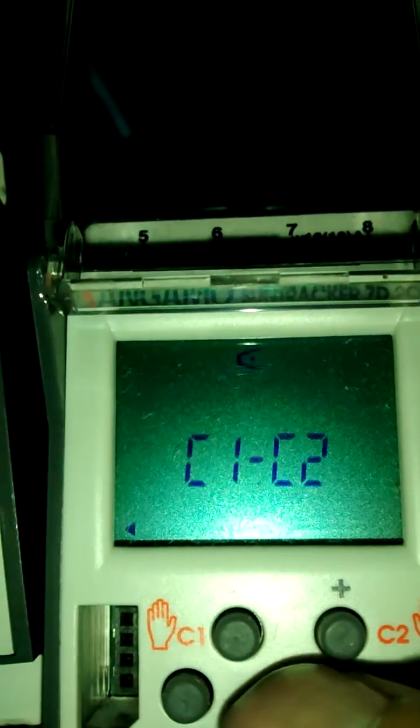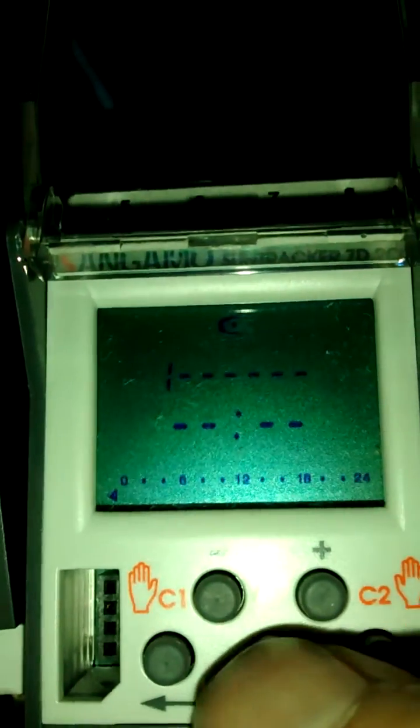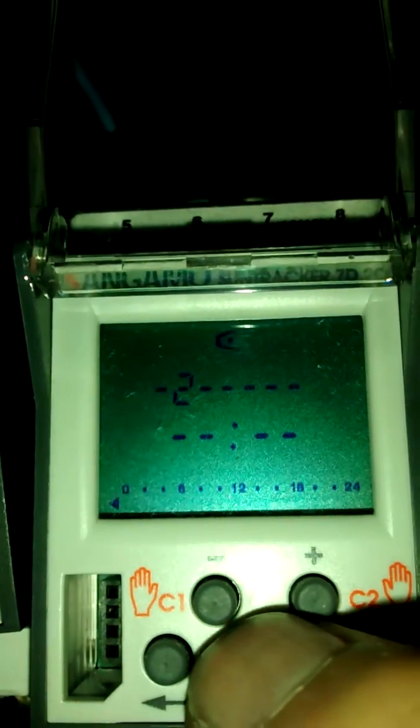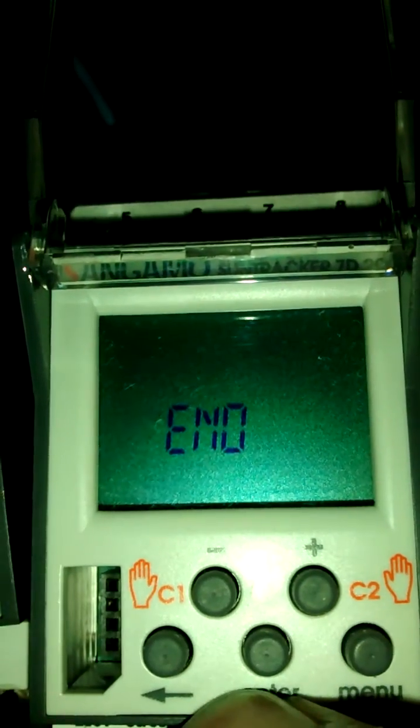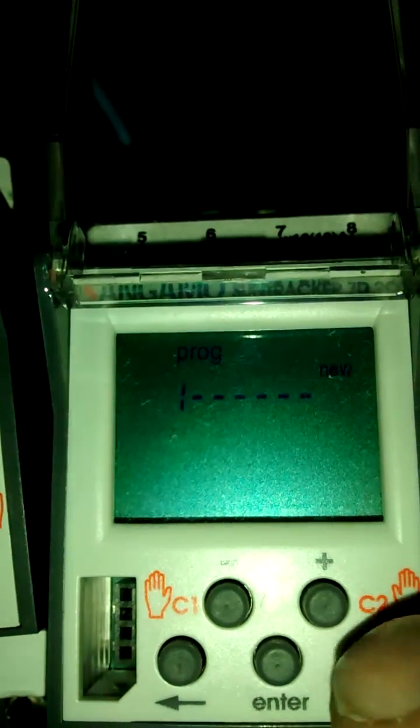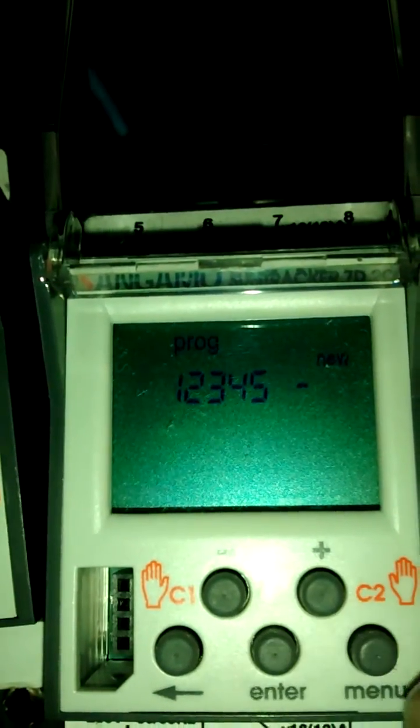In fact, let's come back out of that, go back in and do a view of channel 1, and it will show there's nothing there. Go to day 2, go through all the days, and it shows that there's nothing in it. So you can program channel 1, new, choose 5 days,